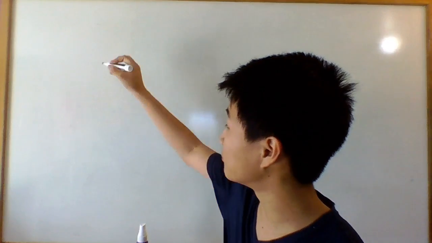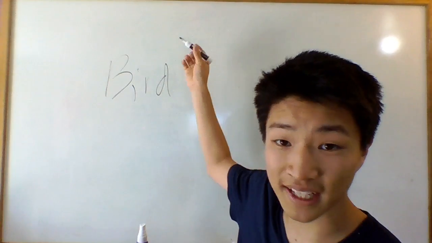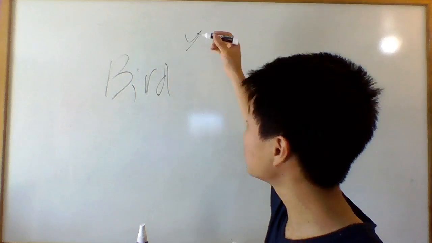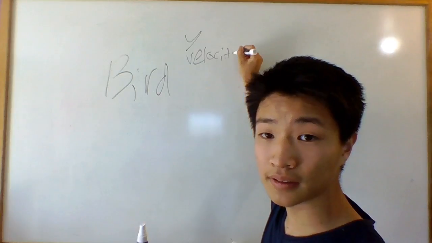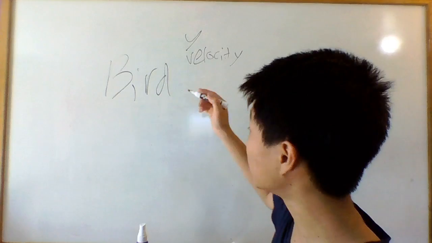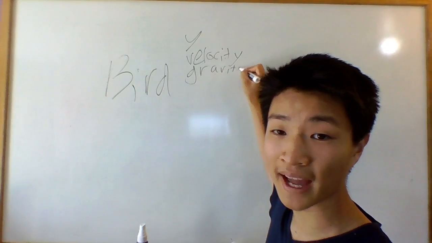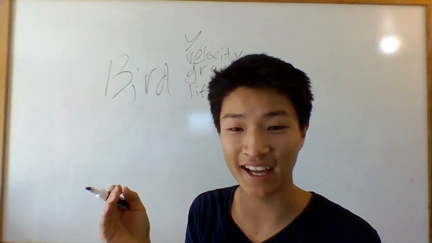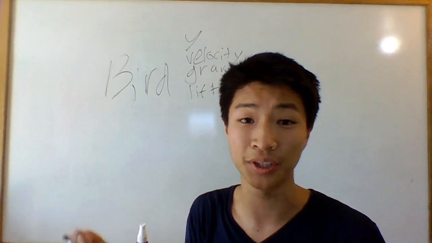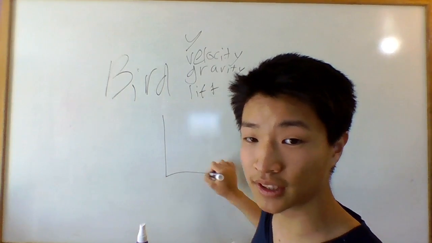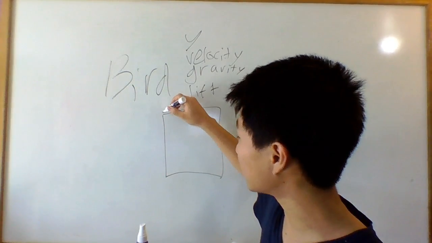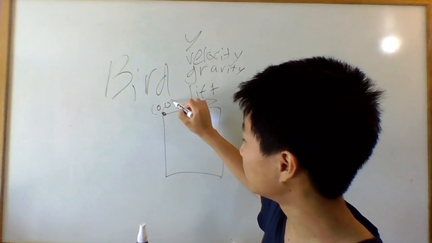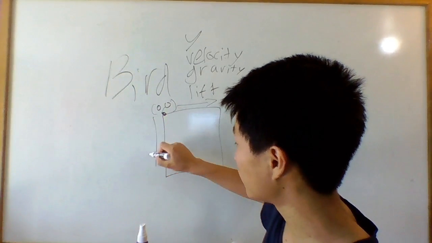So all I wanted to say is, for our bird, we want to have a y value, right? What the y coordinate will be, velocity, which is how much our y will change over time, gravity, which is just a number we'll add to the velocity over time, and lift, which is just how much we want our bird to jump whenever we press the spacebar. And if you check out the coordinate plane of our box, it actually starts at 0, 0 here, and to go this way,